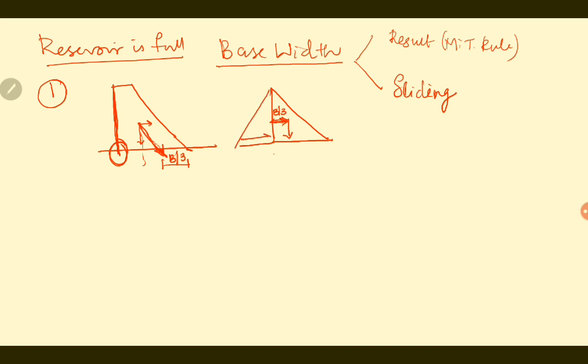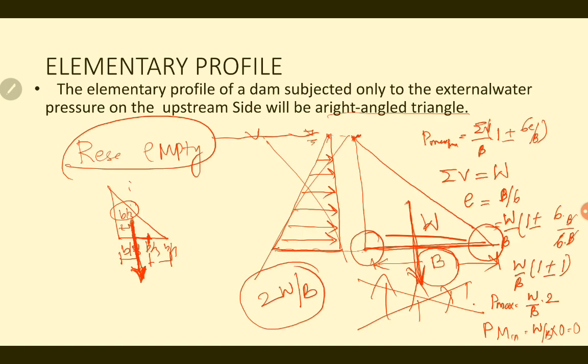Okay, so this will be the hydrostatic pressure. The hydrostatic pressure resultant P will be acting at H by 3 from the base. If the height of the dam is H, the resultant will be acting at H by 3 from the base. Now also there will be uplift pressure. When there is water, there are chances of seepage and there will be uplift pressure. And where is the location of uplift pressure? It will be U, acting at a point B by 3 from the heel.